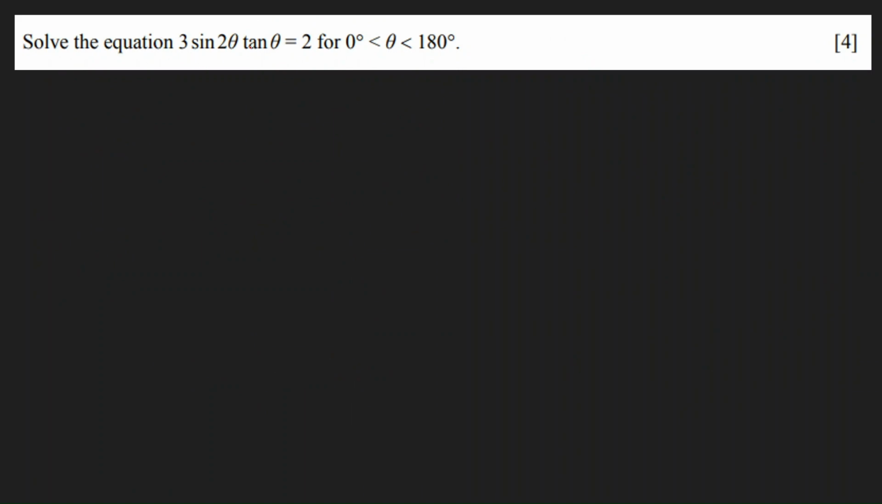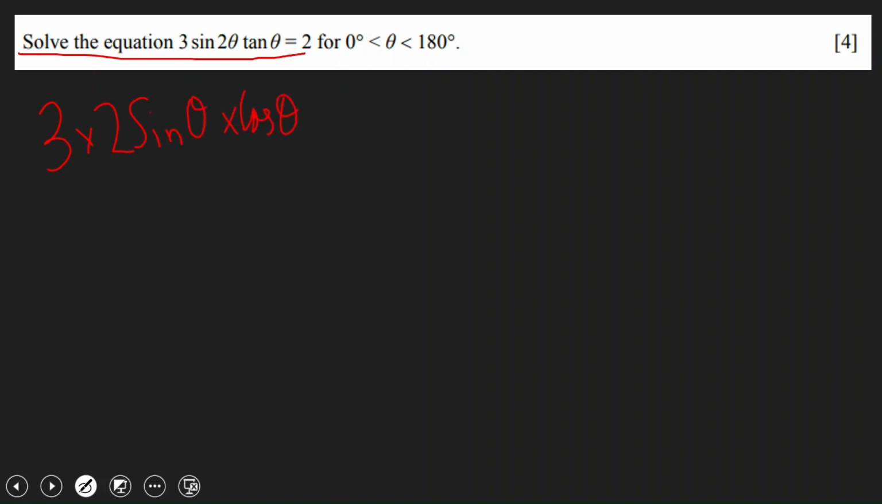3 sine 2 theta into tan theta is equal to 2. We have to solve this equation. All right, easy enough. Sine 2 theta is equal to 2 sine theta into cos theta, and tan theta is equal to sine theta by cos theta, and this is equal to 2. So straightforward, this cancels out, this cancels out, this 2 and this 2 cancel out, so we get sine square